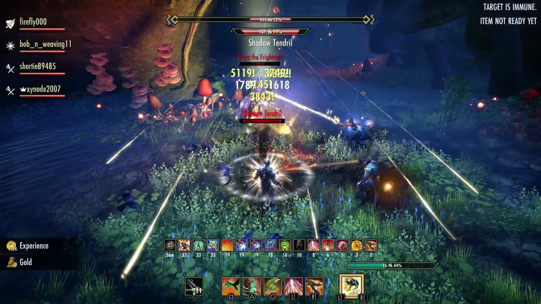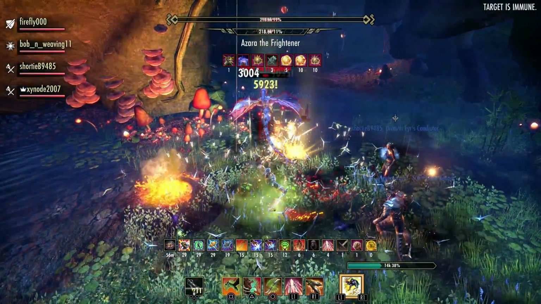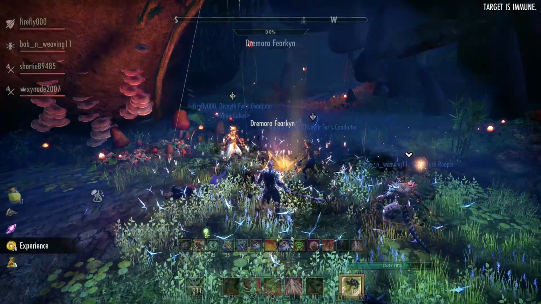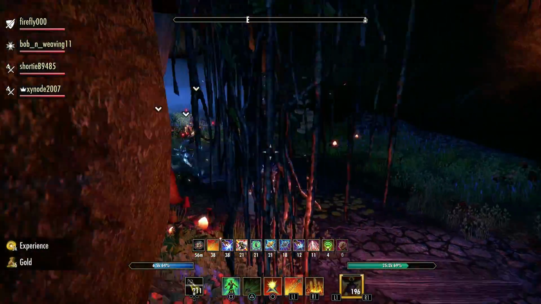She does have an AoE in front of her, so don't stand in it unless you're the tank. If you are the tank, just block it. If you're DPS, you don't want to get caught by that. Really simple boss, however. Just to recap, hold her still, turn her away from the group, kill the shadows, and